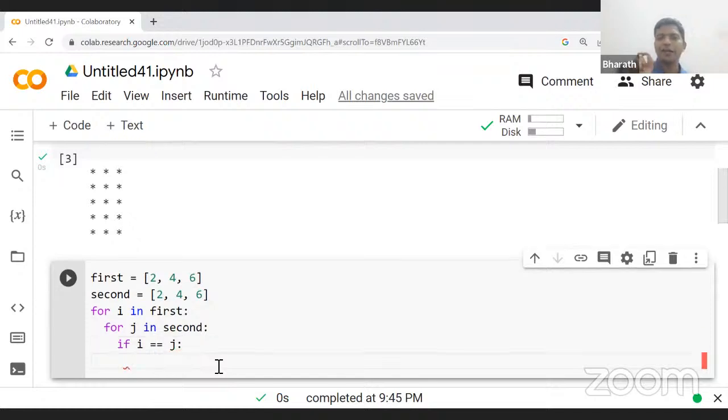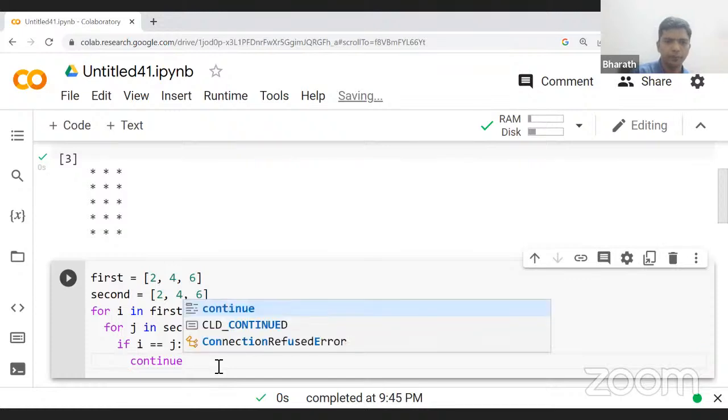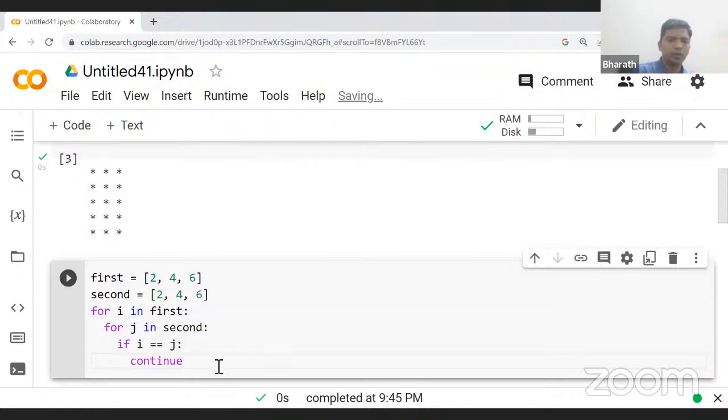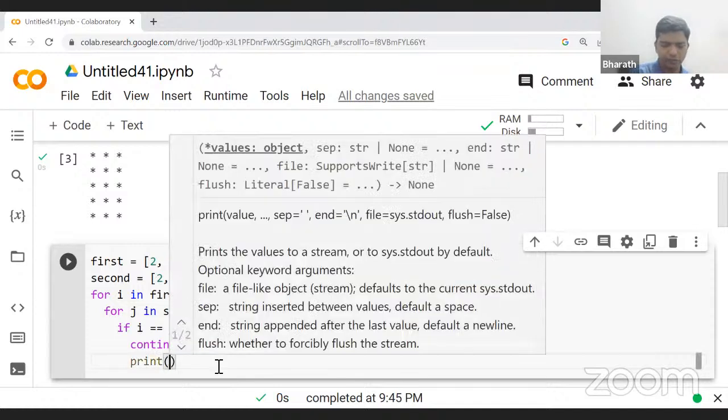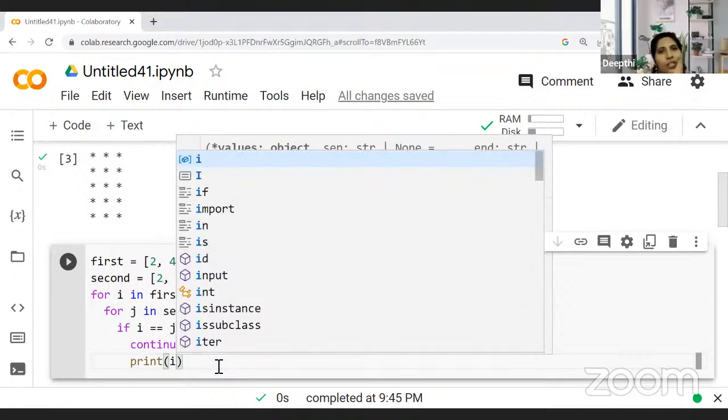I'm writing if i is equal to j. If that is the case, then you simply continue. And then what I want you to print is print i multiplication